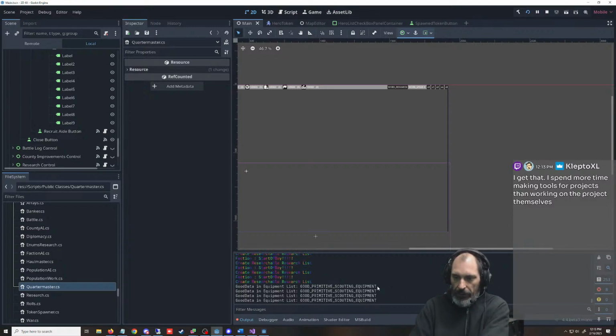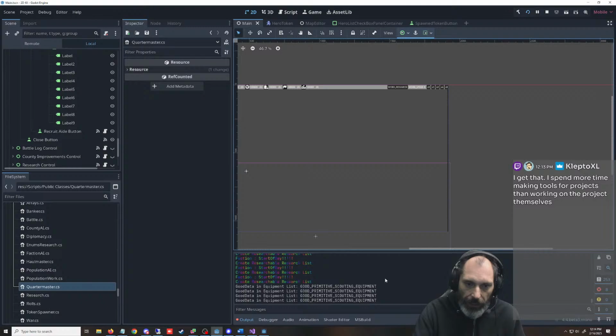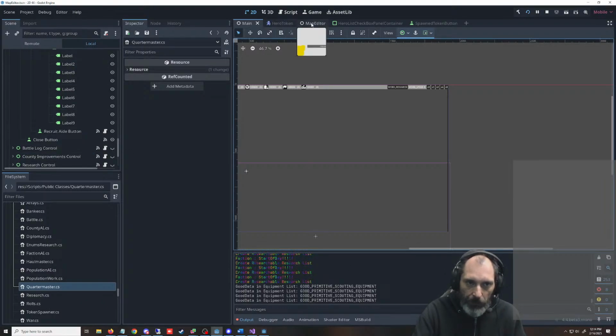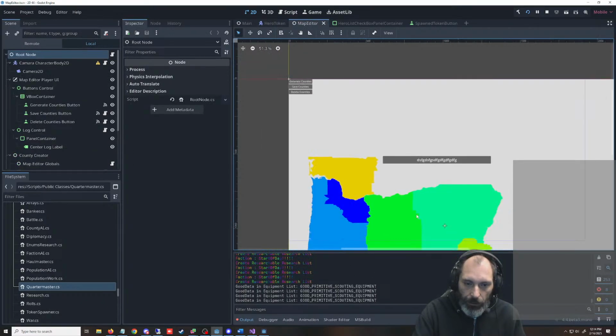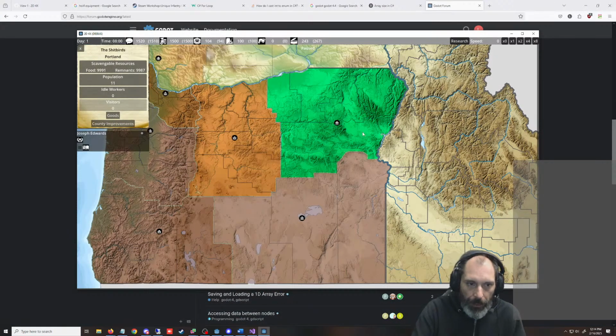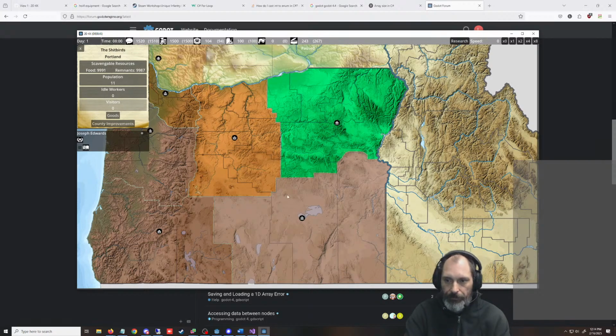Working on tools, then working on the project themselves seems to be an easy trap. I keep starting projects and then I look at the project and think, oh, I can make a tool for this, not for the inspector or anything. Or I can make a map editor. I have a slight map editor in this. It's like the way Paradox does their games. But this was written by someone else who comes into chat sometimes, and I took his code and modified it slightly. That's how it draws these things. But yeah, I get sidetracked all the time.